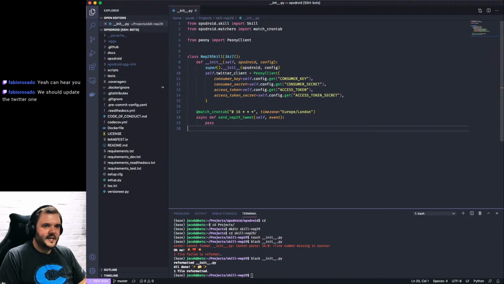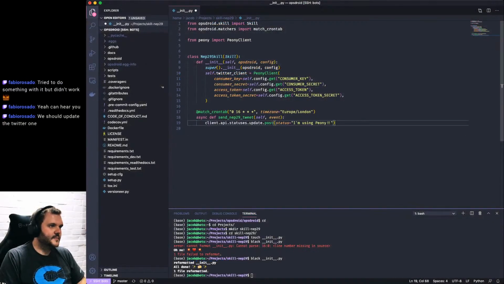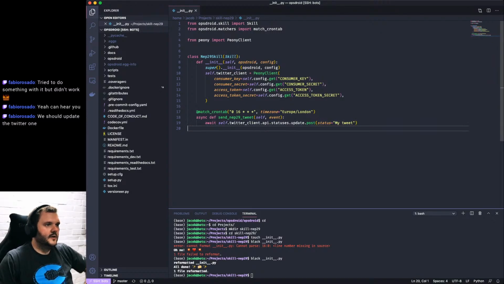I'm making a Twitter client, and then I just want to send a tweet. What I want to do, I'll just say in here, self.twitter_client, await self.twitter_client, and my tweet goes here. Right.